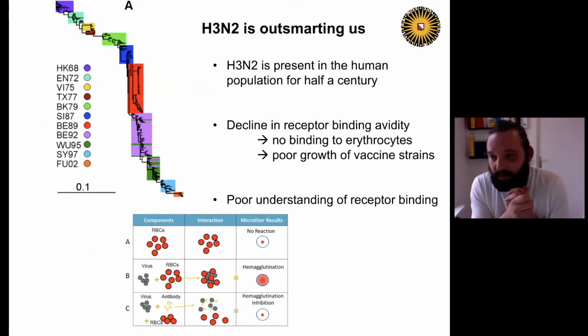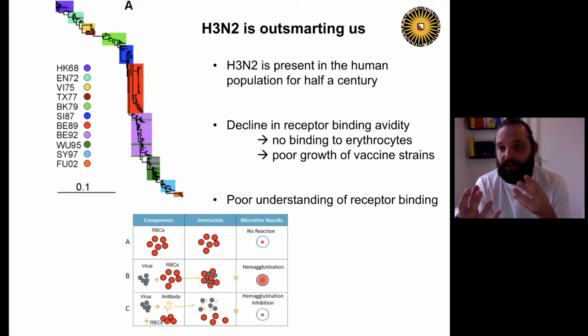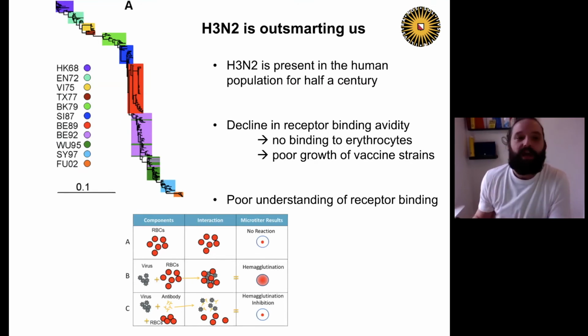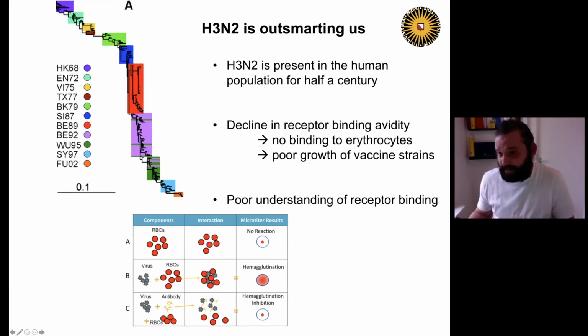So the big thing here in this workshop is antigenic drift. And I always think that H3N2 evolution is outsmarting us because of these drifts. And here on the left, we have this phylogenetic tree, and all the different colors are different vaccine strains, because these viruses escape antibody-mediated immunity, and we need to update our vaccine strains every couple of years. And I always like to mention that it stops here at 2002, because I think after that moment, we have no clue anymore what's actually happening. And correct me if I'm wrong.